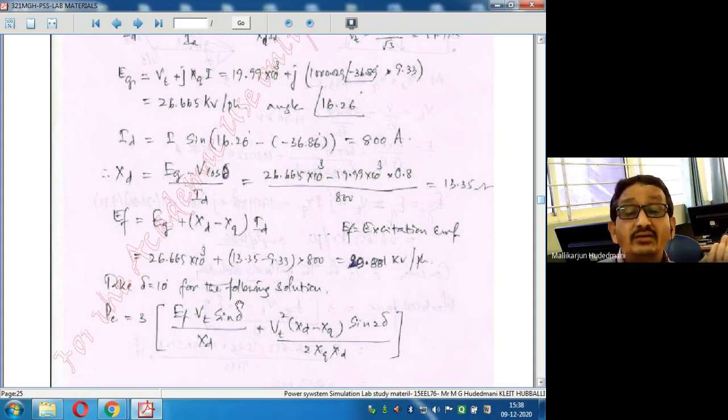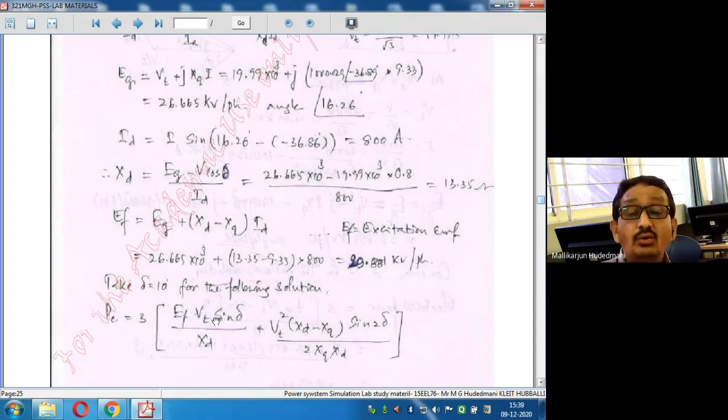Then to do this, I have to take delta in incremental steps. That is called a power angle diagram. I am trying to plot power with variable angle delta. As delta goes from 0 to 180 degrees, at around 90 degrees the value of power output is highest. When delta is 0, power is surely 0. When delta is 180, power output is surely 0. In between 0 and 180, power increases up to 90, and from 90 towards 180 degrees power starts diminishing. In this way, sinusoidally, this expression represents transfer of power from one bus to another bus.